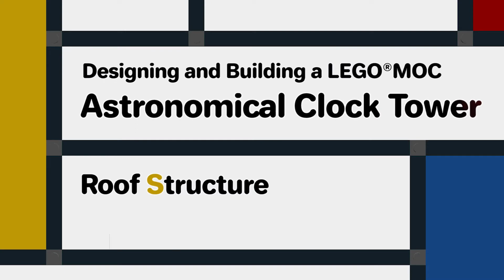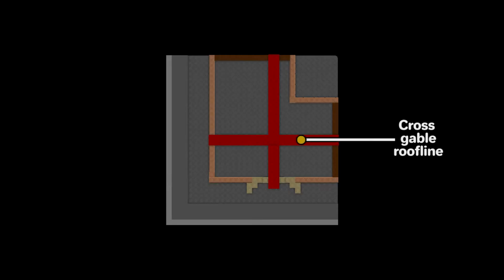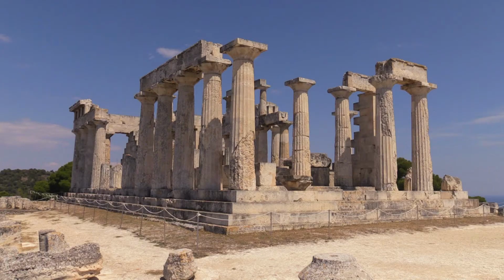I've realised when designing MOCs that the roof is actually one of the first things you need to design. That doesn't sound intuitive. Surely the roof is just there to cover the walls, right? But actually it's the other way round. The walls are there to support the roof, and the way that they support the roof will depend on the